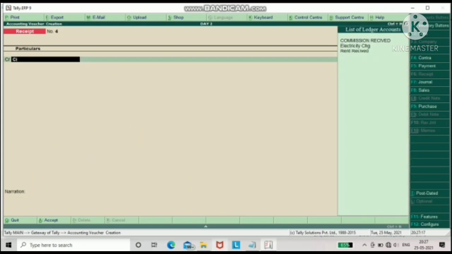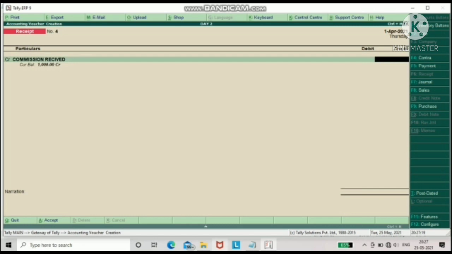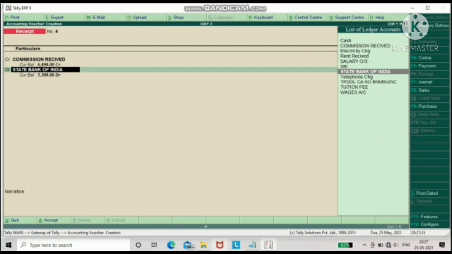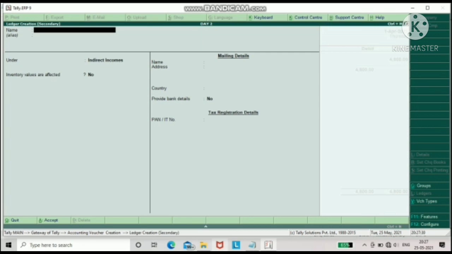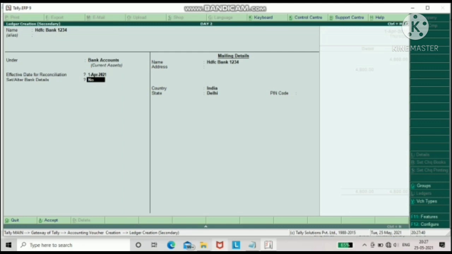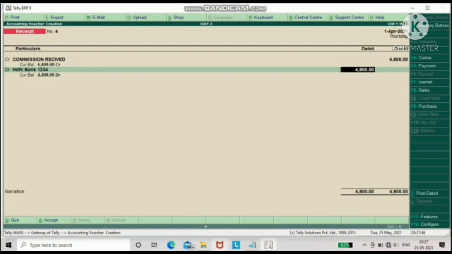Let us do another entry, like commission received, credit, and debit any cash or bank, whatever you want. Like I am making a new bank using Alt C, HDFC Bank, which I have selected under Bank Accounts, you can see over there, and press enter and save it.